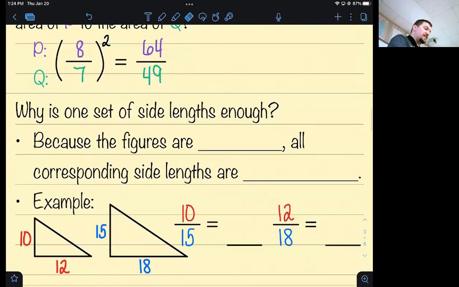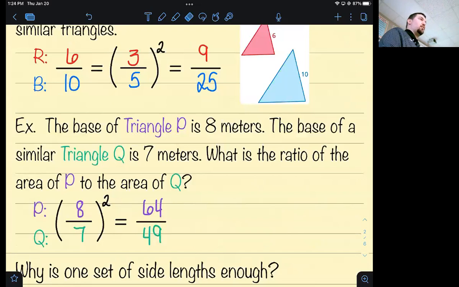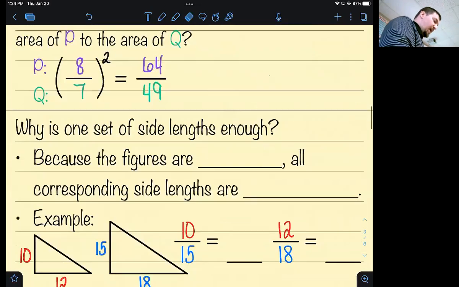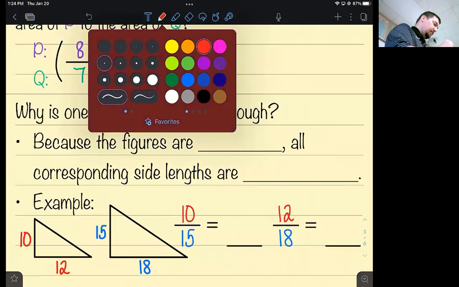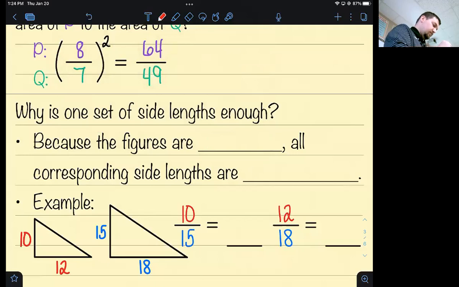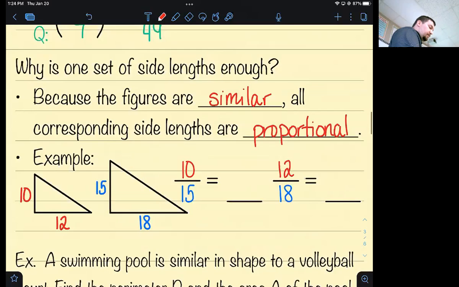Why is one set of side lengths enough? For example, on these triangles, did you notice they didn't give me all 3 sides? They only gave me 1. So why is one set of side lengths enough? Because the figures are similar. All the corresponding side lengths are going to be proportional. Meaning I only have to use one side length ratio. I don't need to use all of them. On these two triangles,